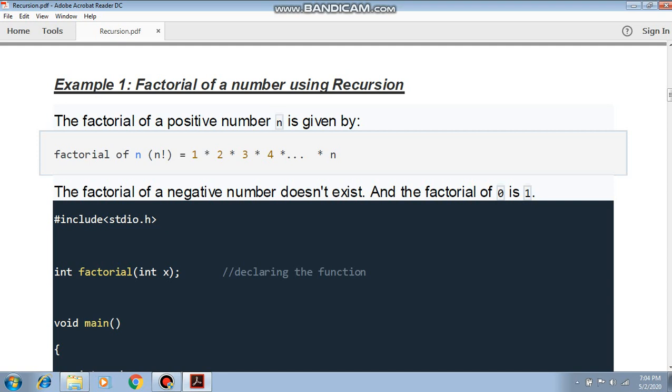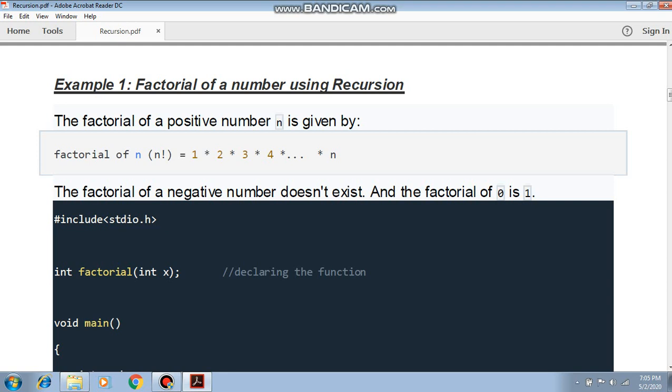Again we decrement the value of 4, that is 3, multiplied. Again we decrement 3, that is 2, multiplied with 2, and again we decrement the value of 2 by 1. So this is a multiply by 1. So 5 multiply 4 multiply 3 multiply 2 multiply 1, that value is 120. So that is the value of factorial 5.